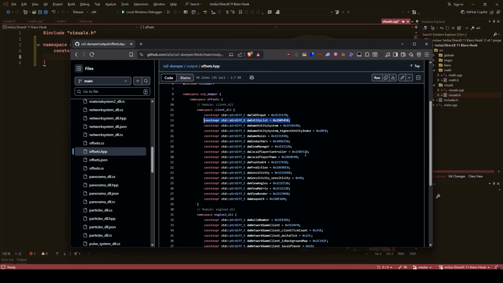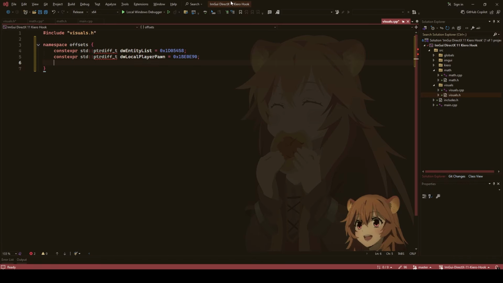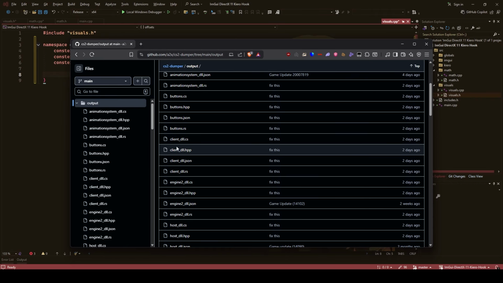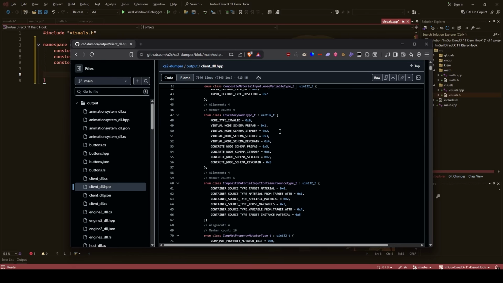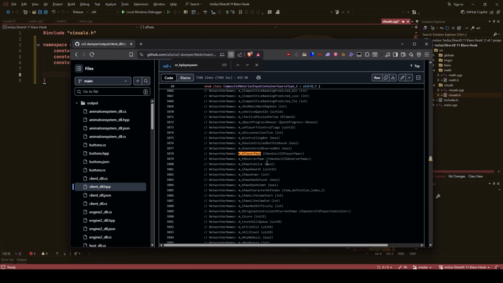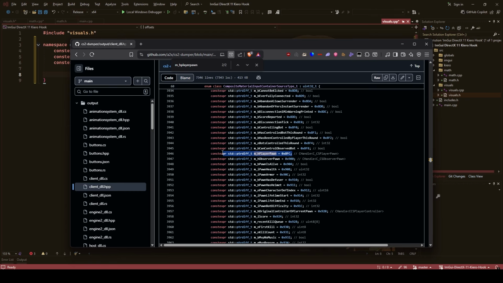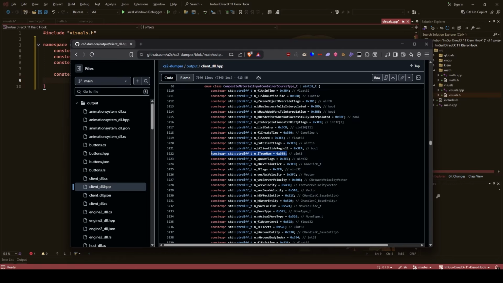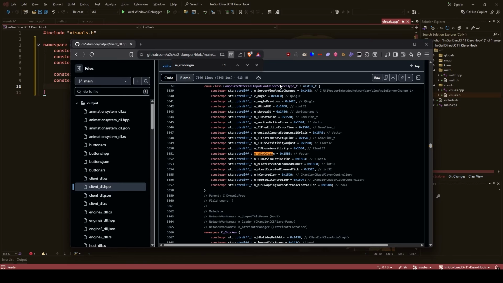the local player pawn, the view matrix. Alright, then head back into output and go to client dll.hpp, find m_hPlayerPawn, just copy and paste that out, find m_iTeamNum, copy and paste that, and the old origin,